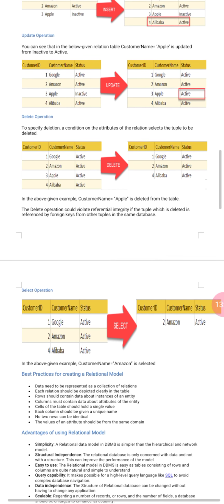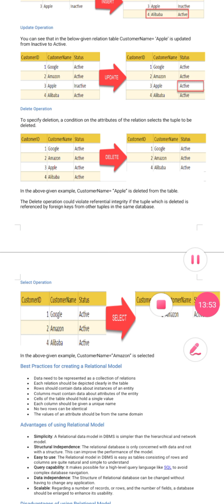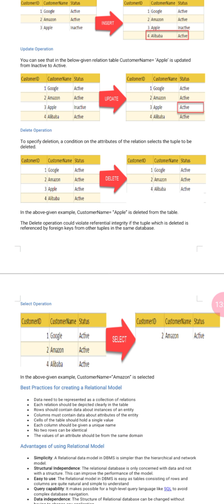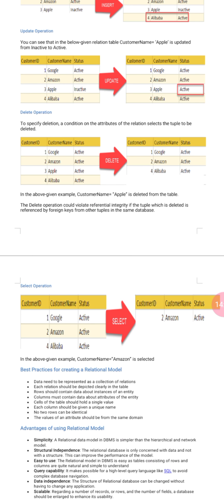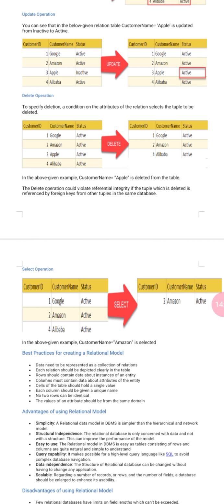Next operation is the update operation. In the update operation, you can see in the given relation table that customer name Apple is updated from inactive to active, right? After the insert operation, we got the new information table. Now we have four customer IDs 1, 2, 3, 4 and customer names Google, Amazon, Apple and Alibaba respectively, and their status: Google and Amazon are active, Apple is inactive and Alibaba is active in the current state.